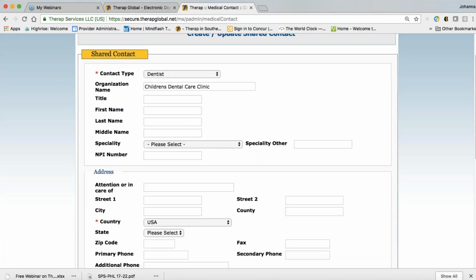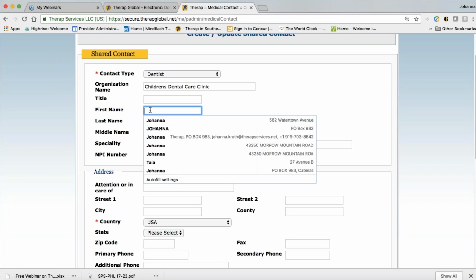And then sometimes there's a specific name or person, but sometimes people go to a clinic. But if you've got the doctor's name,